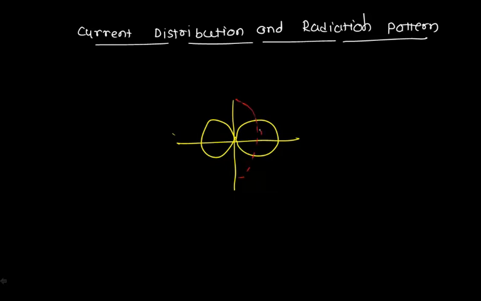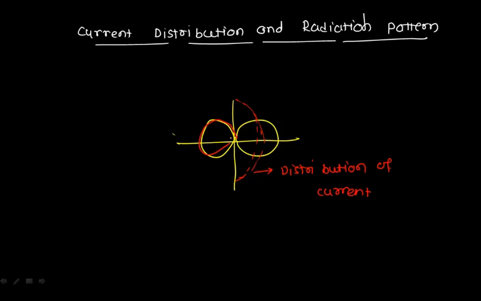So here my distribution of current with the folded dipole antenna will be like this. So I can say this is the distribution of current, and same as the previous antenna, I'll get this kind of the radiation pattern. So no change in the radiation pattern, and you will see the current distribution will be almost whatever you are observing there in that particular simple dipole antenna. So this is all about the folded dipole antenna.